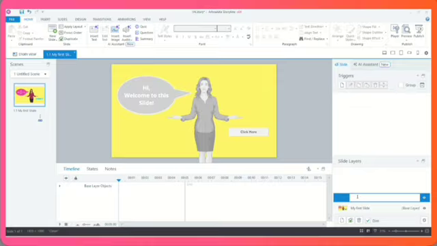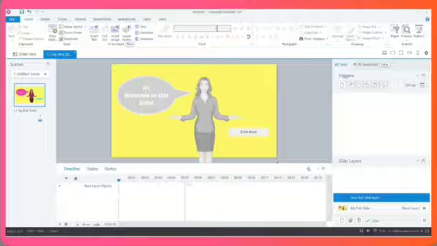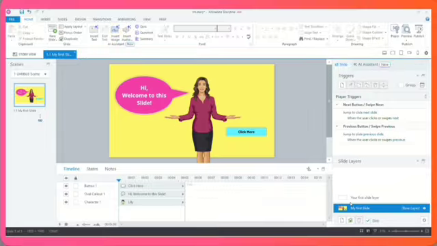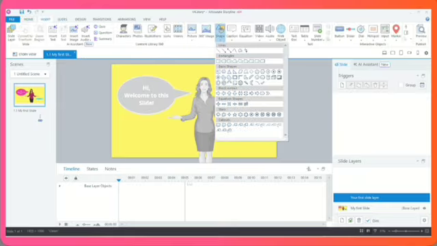I'll name it as your first slide layer. So done. Now the slide layer is already ready. In the slide layer, you can add text, images, anything you want, and it stays connected to your main slide. So here, this is our main slide, which is also called the base layer, and this is our slide layer. I'm going to add a shape over here,